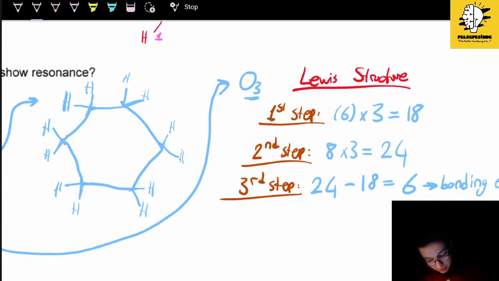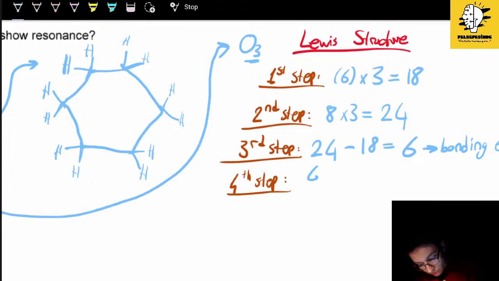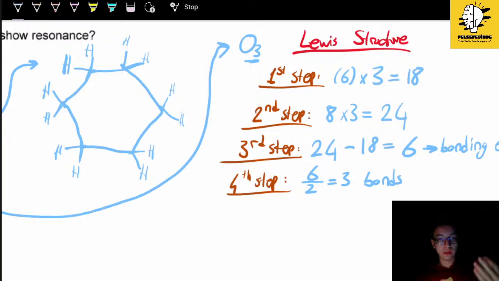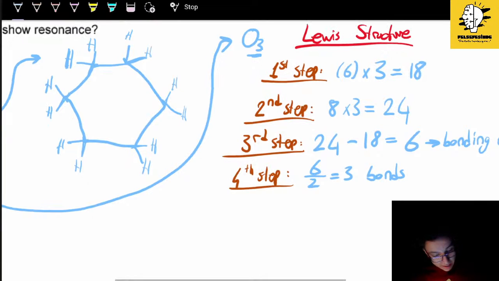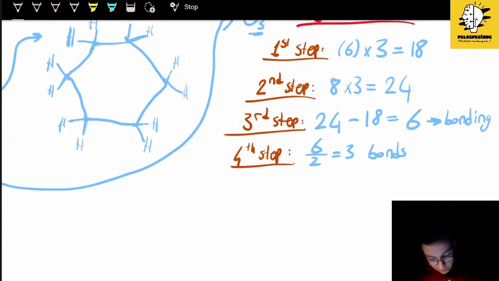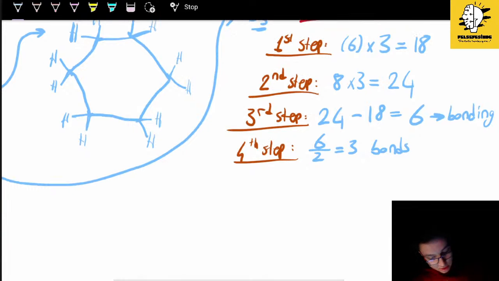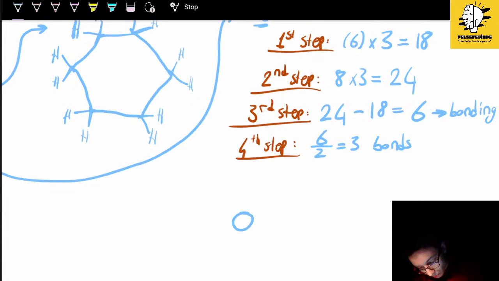So in the fourth step, we will say that 6 over 2 will be 3 bonds, since there are 2 electrons in each bond. And therefore, we can draw this structure just like this. O, O, O, and this is here. Since we said we will have 3 bonds, we will just show it in the structure of our